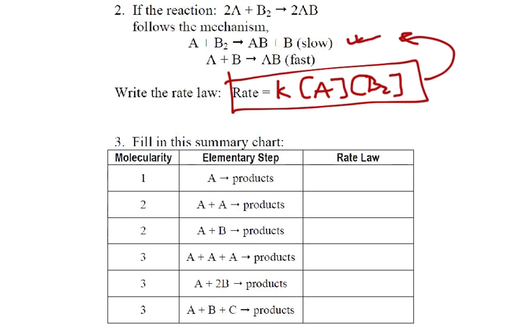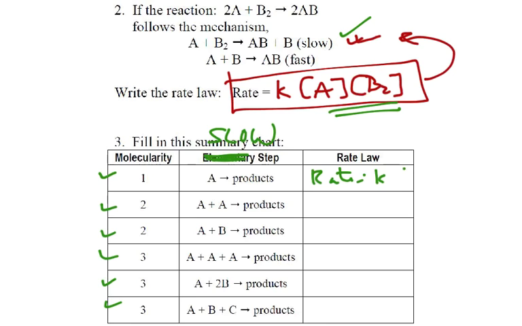So the rate law matches the slowest step in a mechanism. Now this bottom here, we're saying, let's say that these steps here are the slow step in a mechanism. So we're saying here's a slow step, here's what the rate law would look like. Let's do the same thing with a bunch of different possibilities. So molecularity, say this would be unimolecular, these would be bimolecular, these would be termolecular. And the rate law, okay,